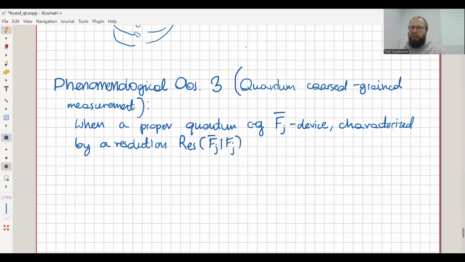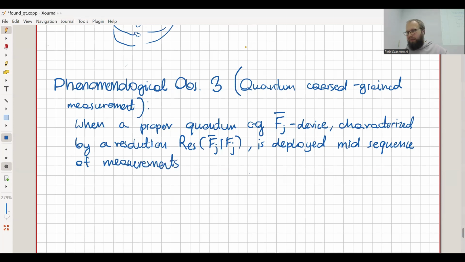So F_J would be the fine-grained device that we are coarse-graining over here, is deployed mid-sequence of measurements at time t_j, earlier than the last time t_m. We observe that